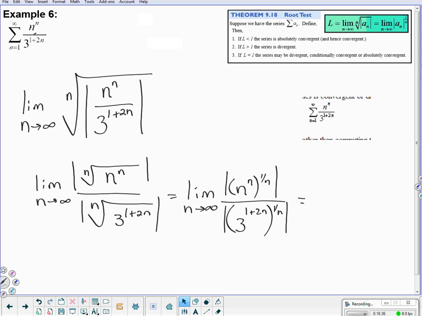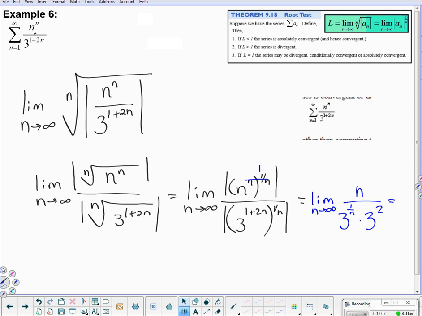All right, so the top analysis, n times 1 over n, simply a 1. I'm coming out with an n on top. I better write limit out here. Limit as n goes to infinity. And absolute value of n is n. All right, bottom, distribute. That's going to give me a 3 to the 1 over n. We talked about this last time. A 3 to the 2. If we allow this to go to infinity,